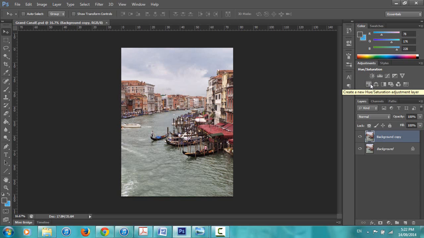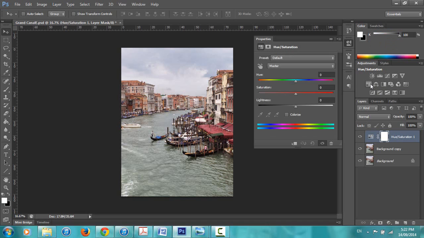So first I'm going to add a hue saturation adjustment layer. Now hue is really fun if you want to change the colors of things. So if I want to have blue Venice, I could have blue Venice. So it just adjusts the colors. So it's really good too if your colors are just a little bit off, like if you're taking them in a kind of blue light and want them to look more normal, you can use hue to adjust it that way. Saturation,